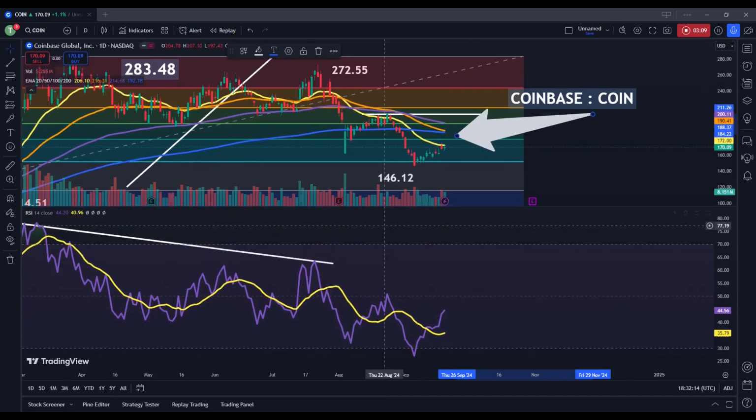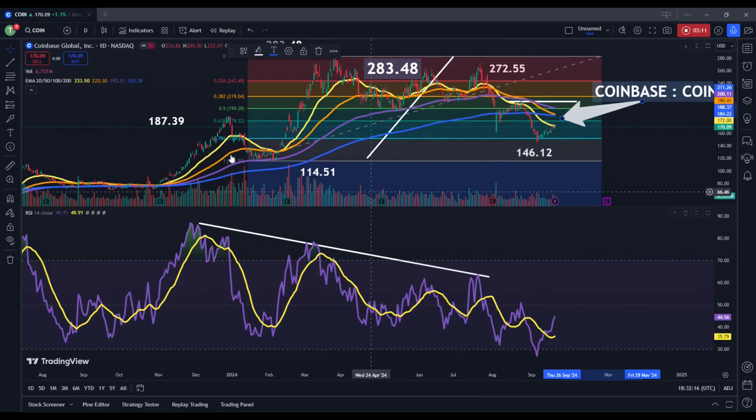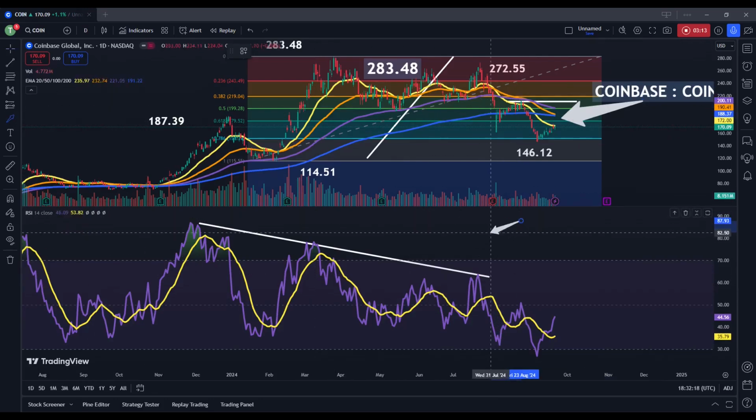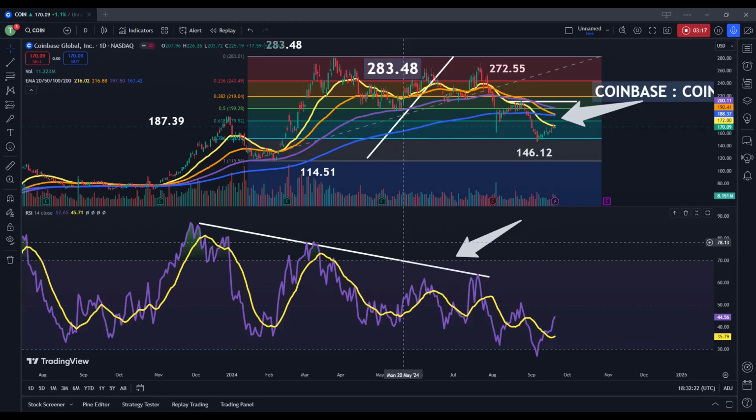But still, as we can see in the indicator reading, there is still a fair amount of negative momentum focused on this stock. So we're really not out of the woods here, even though we have seen a possible bounce off of this 786 retracement. We're still in a bit of dangerous territory because we really did close below that level. Could that be a false breakout to the downside? Yes, it could be. But we did see a daily close below there.